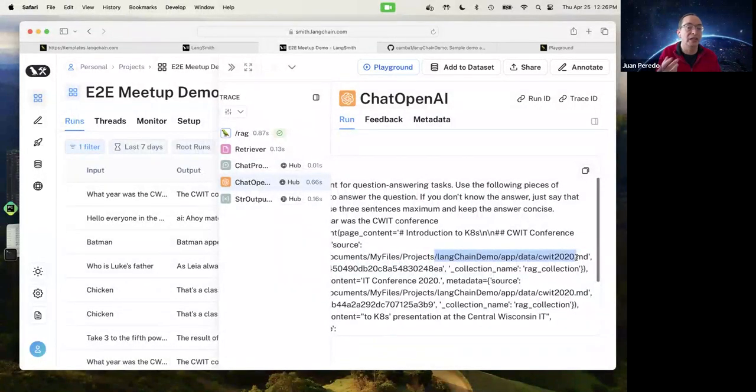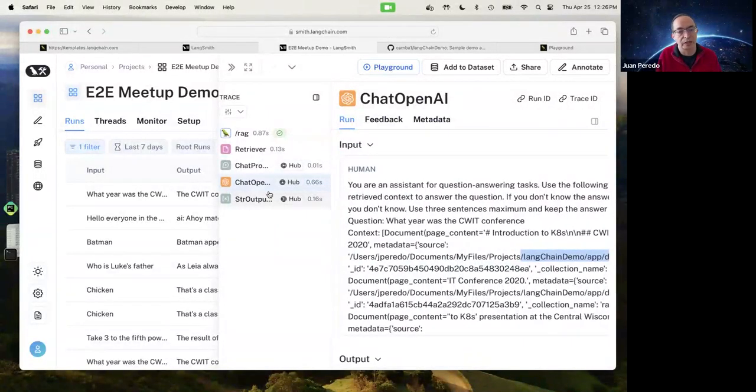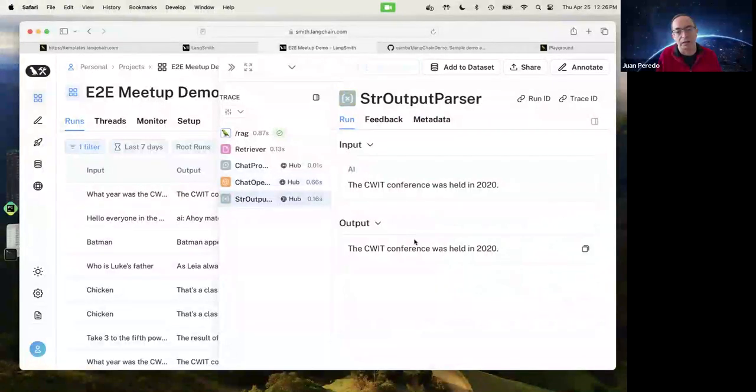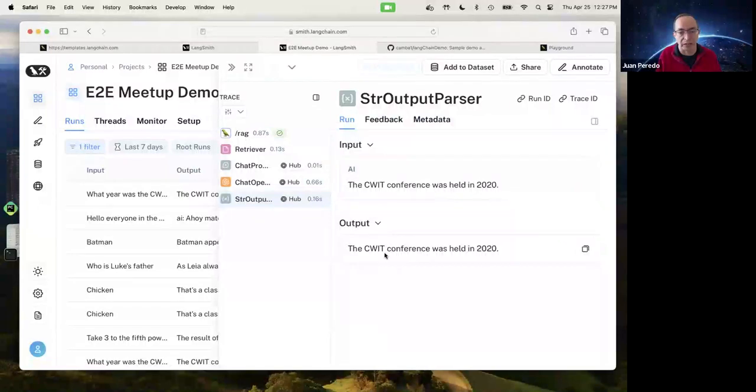So I can tell the user, here's your answer, and here's the document where I got that answer. So that is pretty cool. And then in the end, we just return that information to the user. And you can actually see the raw response that we got from the LLM, and how that was displayed to the user at the end of the day.